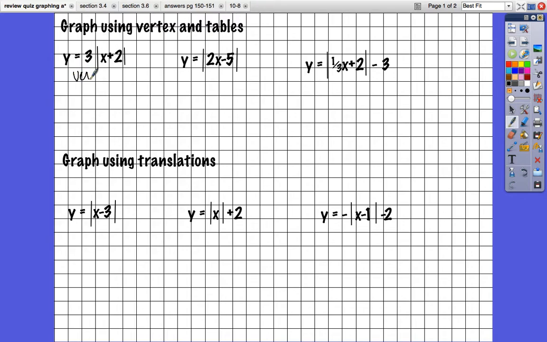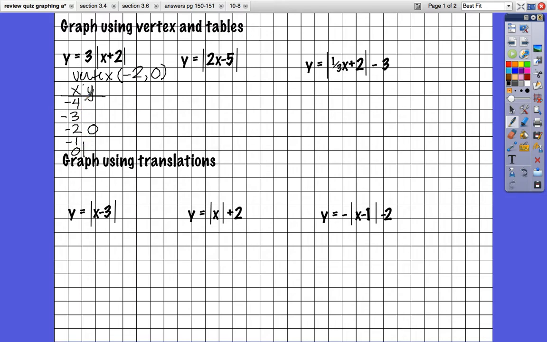So my vertex for this problem is going to be negative 2 over 1, or negative 2, comma, and then what's being added, or your c, there's nothing there. When you make your table of values, you put your vertex in the middle, and then you pick numbers to the left and to the right,